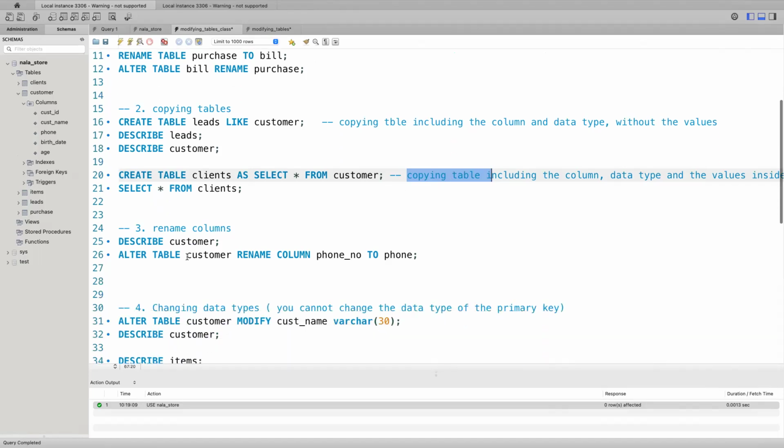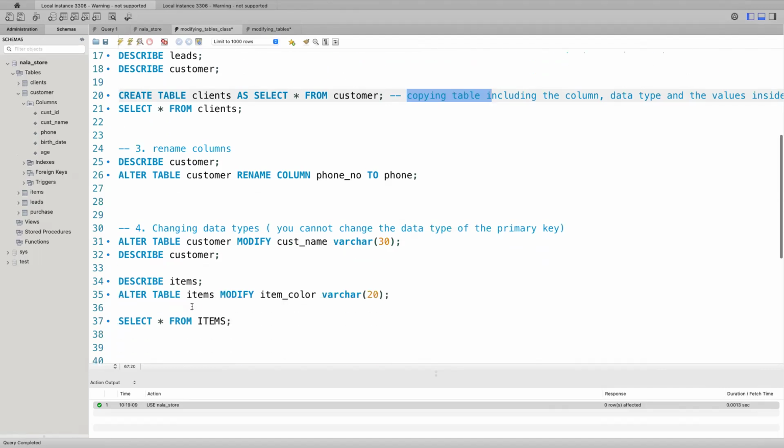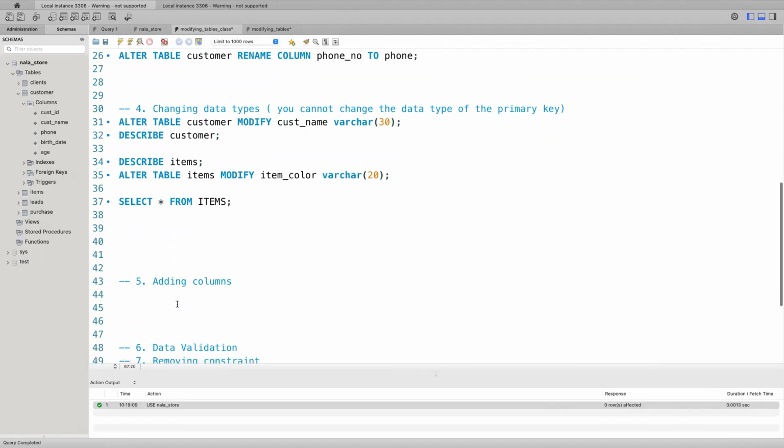And then you also learned how to rename the column and how to change the data types of the table. Okay. And now let's try another code